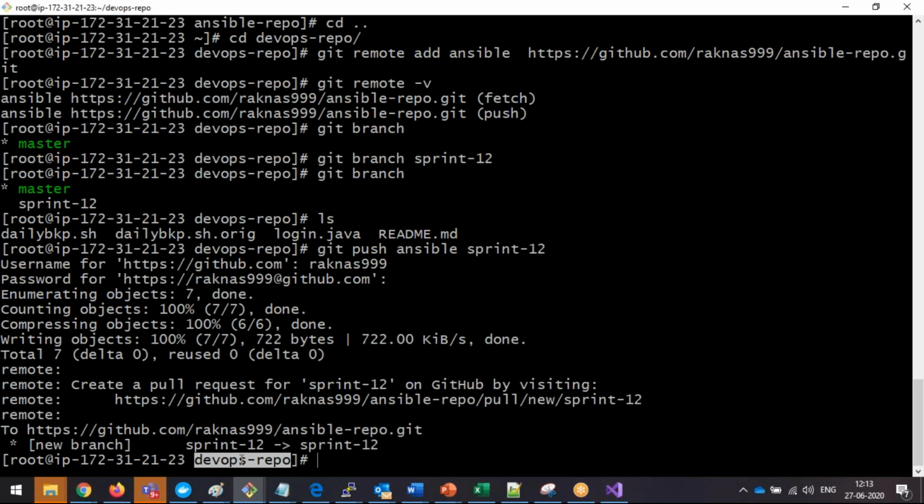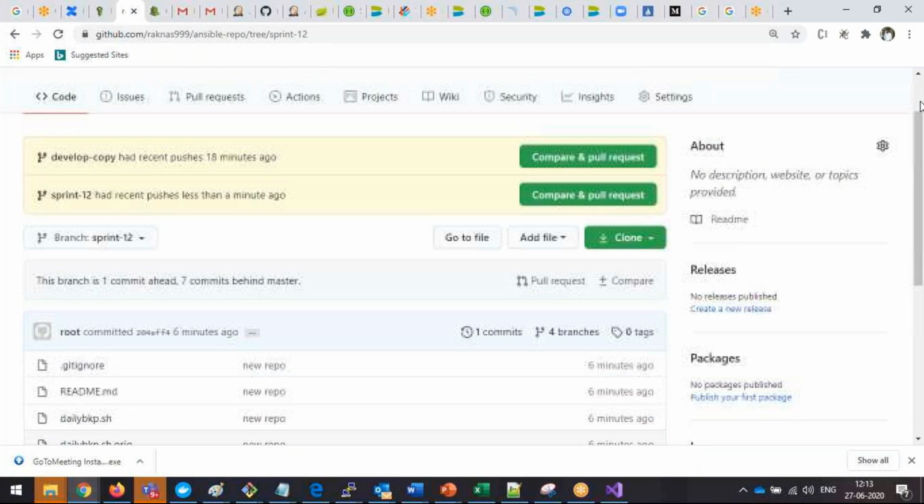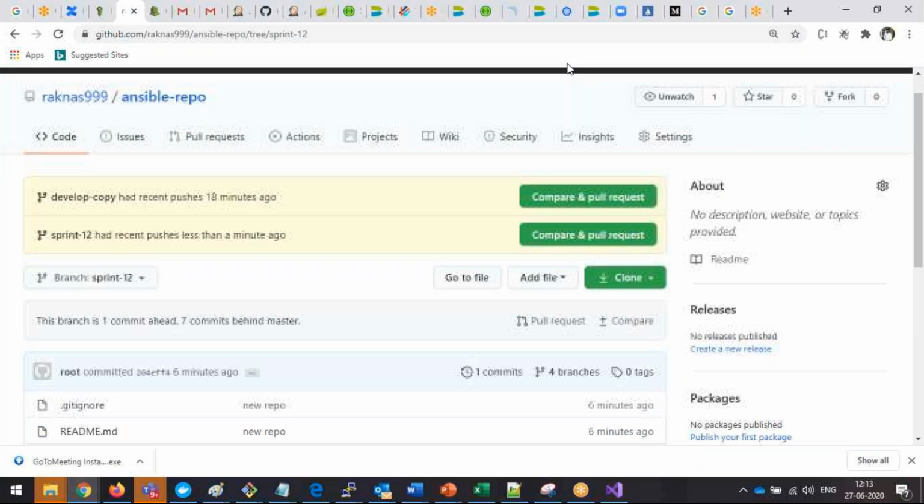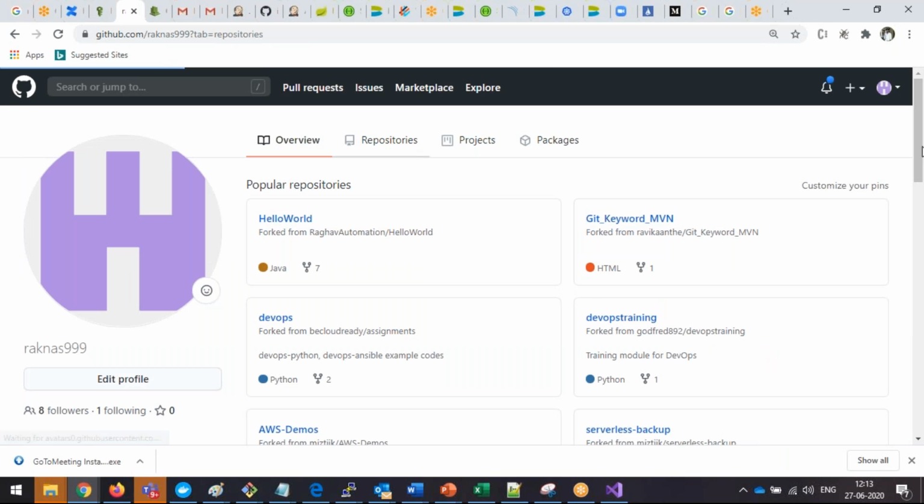You can remove the directory. Then you can clone the DevOps repo as it is, so that you will get the remote DevOps repository into local. Otherwise, what will happen? This DevOps repository is not in sync with the DevOps repository of the GitHub. Right. So here I can see in my account, the DevOps repo will be having